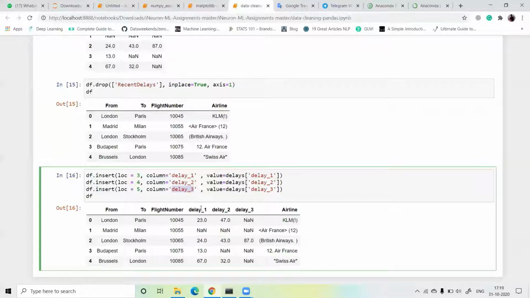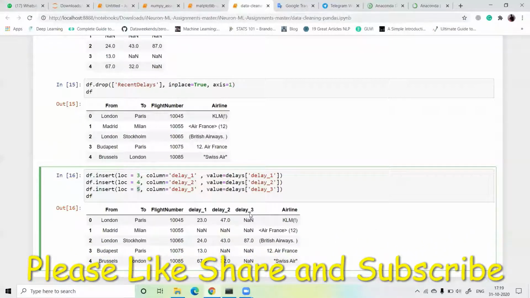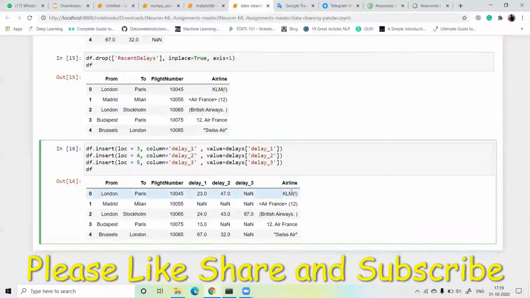Because I assign the number of the column: the first delay column is position number 3, the second delay column is position number 4, and the third delay column is position number 5. So 0 1 2 3 4 5. Okay, third delay column, position number is 5. And then value is delay 1, delay 2 and delay 3. See, our output looks like this.